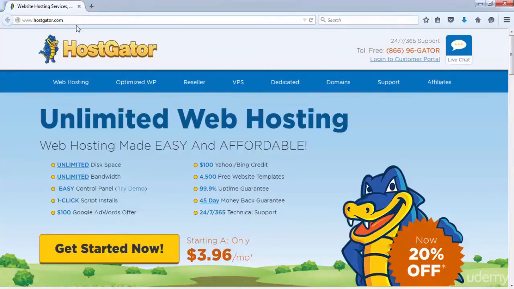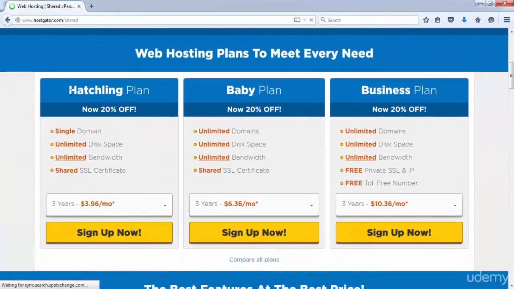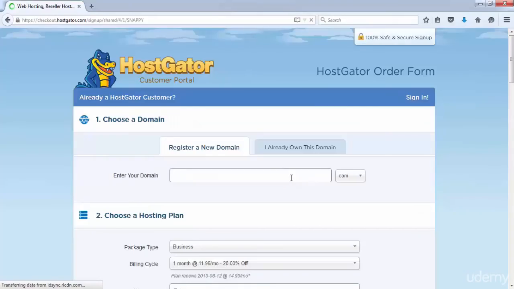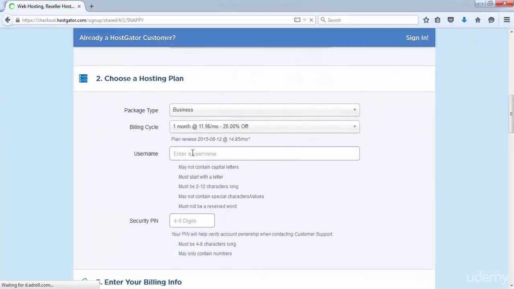Once the site opens, go to web hosting and then scroll down here and then select the plan you want to start with. You can start with Hatchling, Baby or Business Plan. I always start with Business Plan. So here you select monthly and then you click on sign up. Enter your domain name here and then click on I already own this domain, and then scroll down and then fill in your account details,